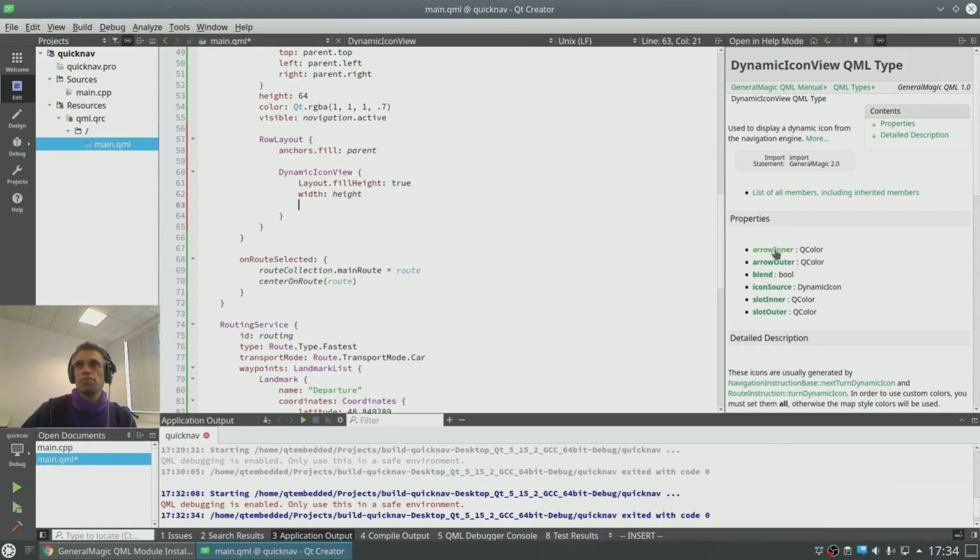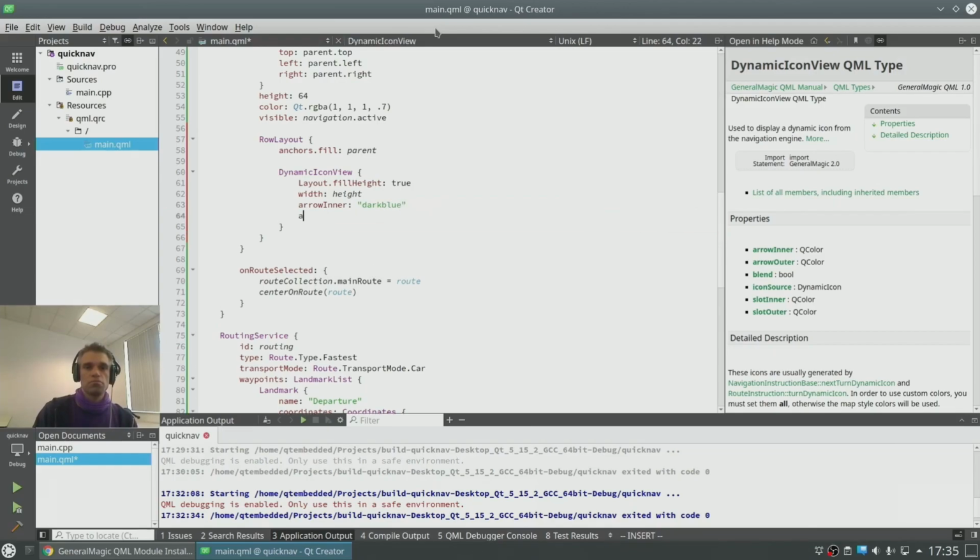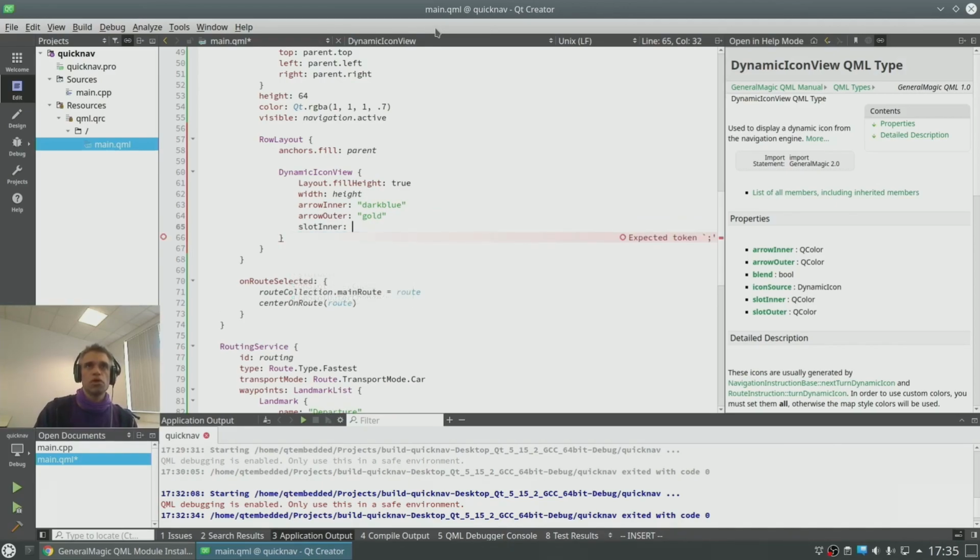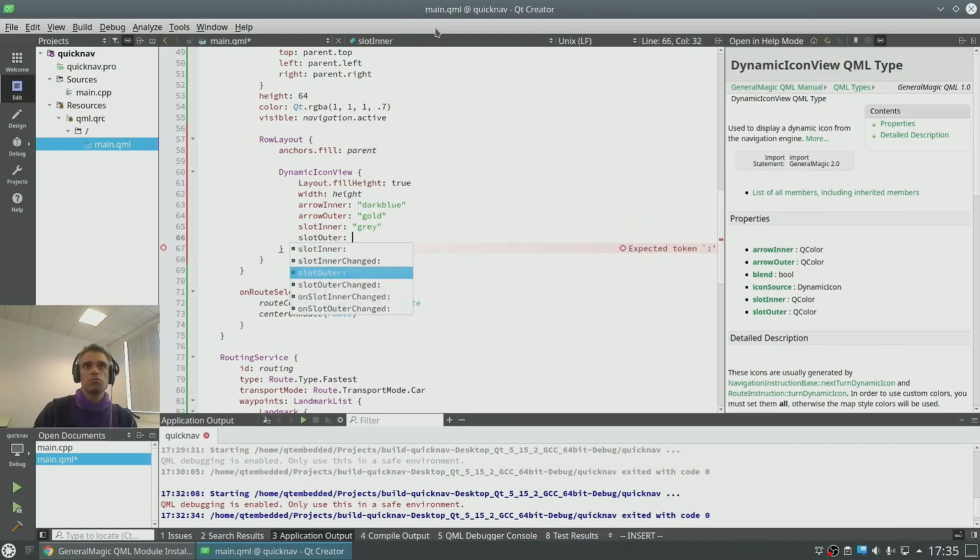As we see here the properties, we set arrow inner to, let's say, dark blue, and arrow outer to gold, and the slot inner to gray, and slot outer, we'll just make it the same as arrow outer.